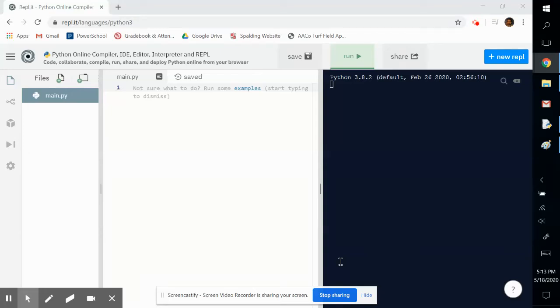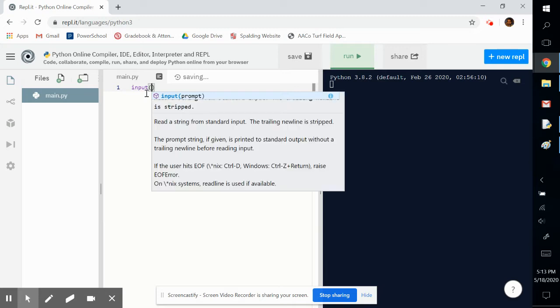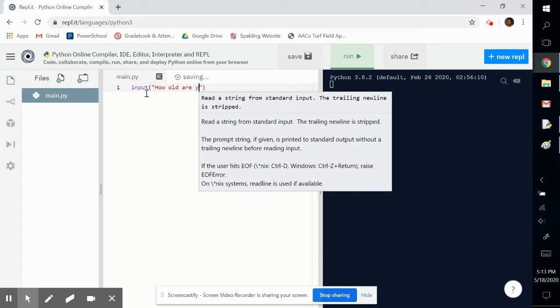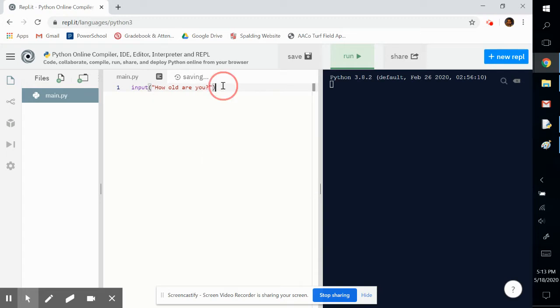So let's convert a string into an integer. Let's first start off by accepting some input from the user. And let's just say, how old are you? Right? So if you're doing that, let's go ahead and